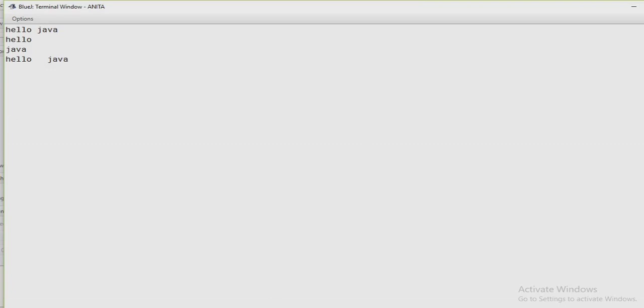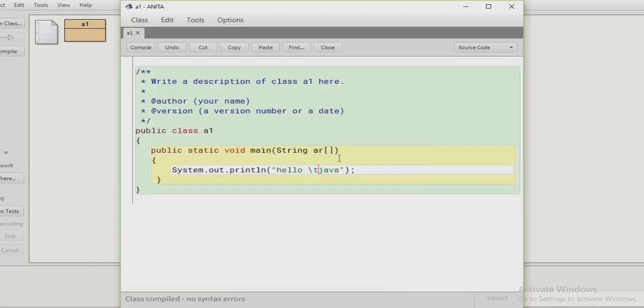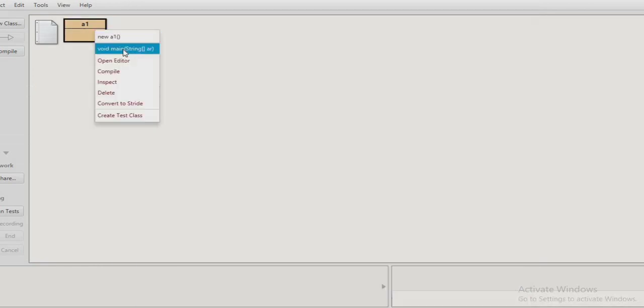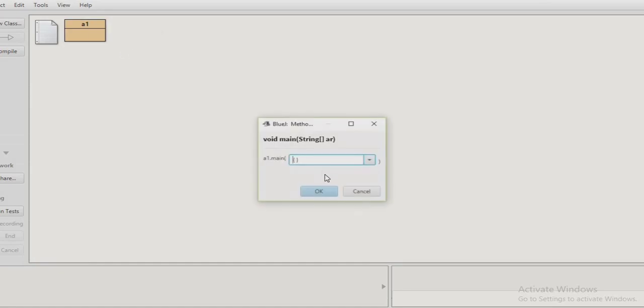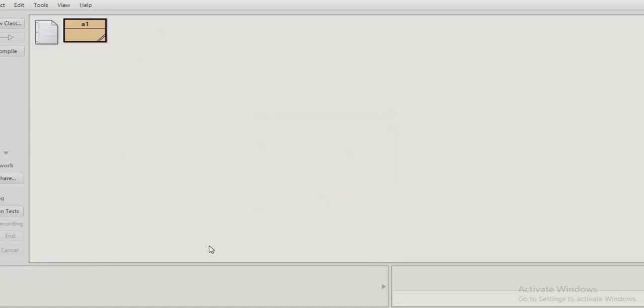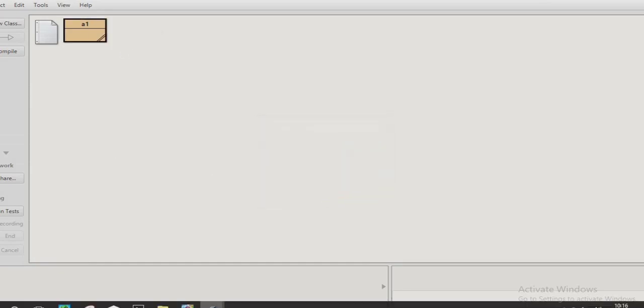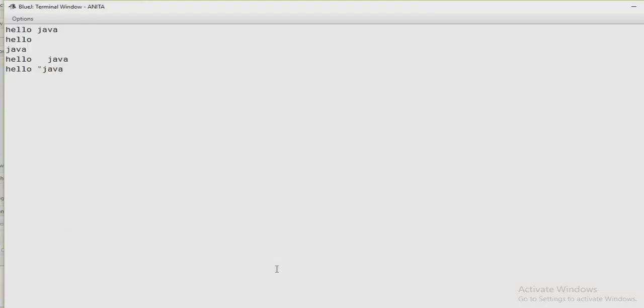Again, I make a change here, and instead of \t, I write a double quote. Now see what output comes. Compile, and see the output: a double quote is inserted between hello and Java, and similarly for single quotes. So that is the purpose of the escape sequences.